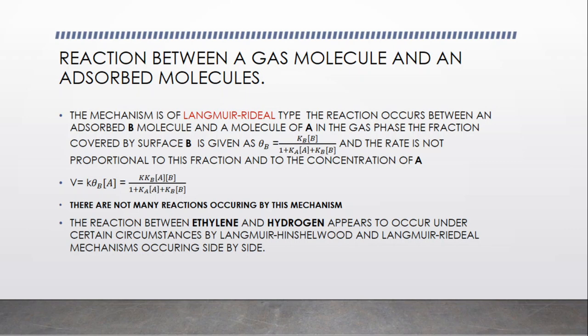The fraction of surface covered by B is given as theta B equal to Kb into B divided by 1 plus K into concentration of A plus Kb into concentration of B. The rate is proportional to the fraction covered and to the concentration of A. So the rate will be equal to K into the fraction of molecules adsorbed by B into concentration of A. There are not many reactions occurring by this mechanism. The reaction between ethylene and hydrogen appears to occur under certain circumstances by the Langmuir-Hinshelwood and Langmuir-Rideal mechanisms occurring side by